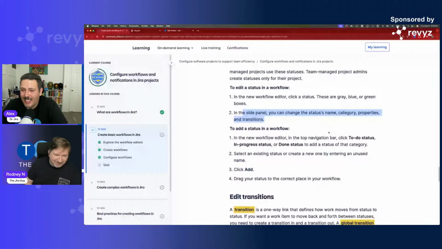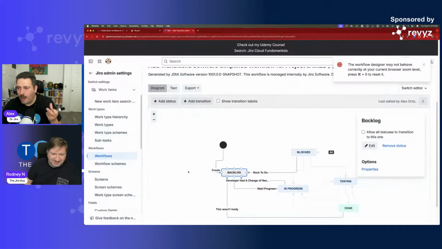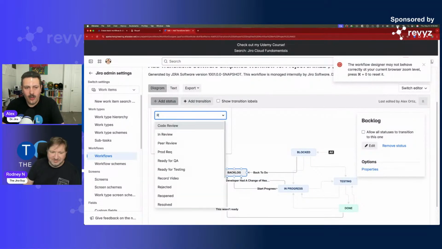This is one of them. Always make a new status, swap things out, delete the old, or remove the old status, but never rename it. The only time I am comfortable with renaming a status is if I go Rod's